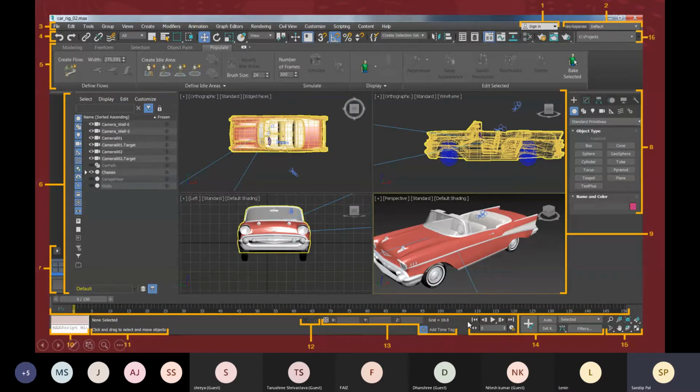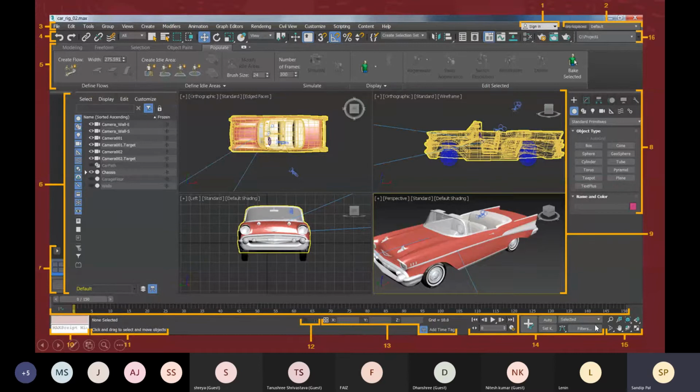And 14, from this point to this point, is your animation control; animation key controls are there. To control your animation frames, animation time, and animation settings, you'll get this option.